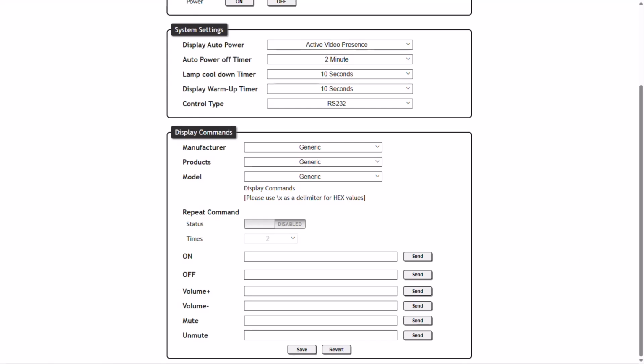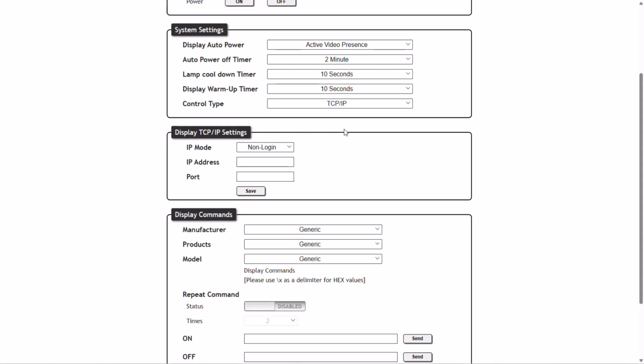However, if you know the protocol for your device, you can also create your own commands and test them by using the send. You can also enable the repeat command to determine the number of times it needs to be repeated. This is because some devices may require that the command be sent multiple times before an acknowledged message is sent back. If you select IP control type, you will then be given the fields for connecting your device using